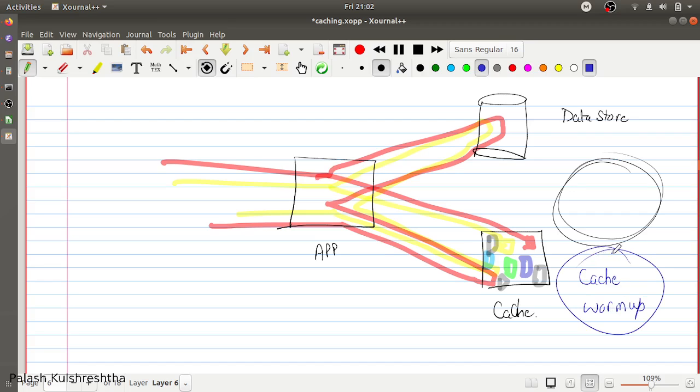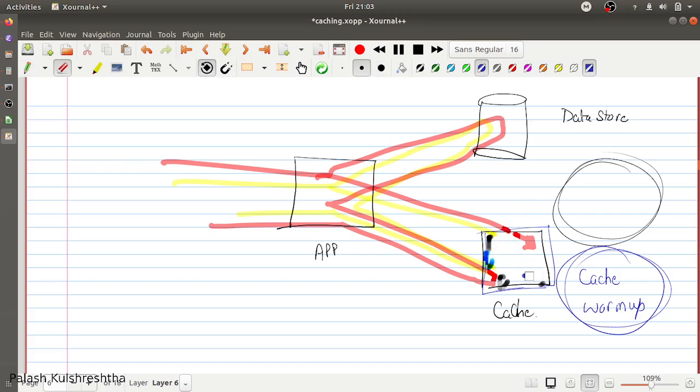In the cache priming stage, you were intentionally storing the data from your database into your cache. In cache warm up, you let your application run for some time on production traffic so that cache elements get saved in your cache, and after the warm up, it can provide higher cache hits, because in the early stages your cache hits are going to be low since the cache is empty, right?